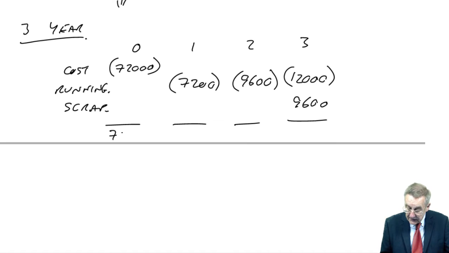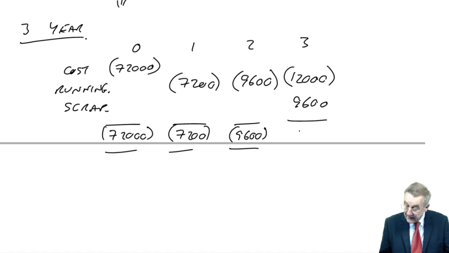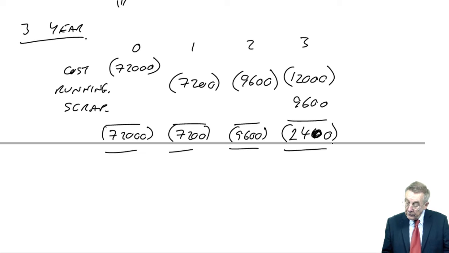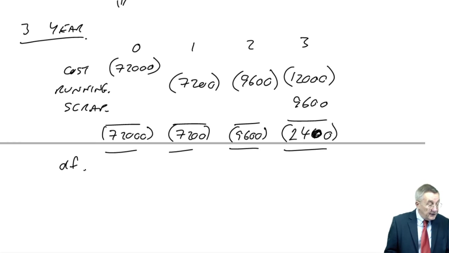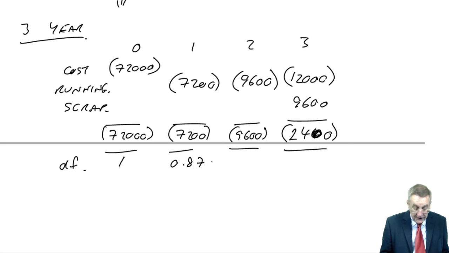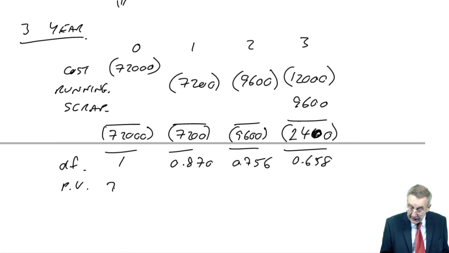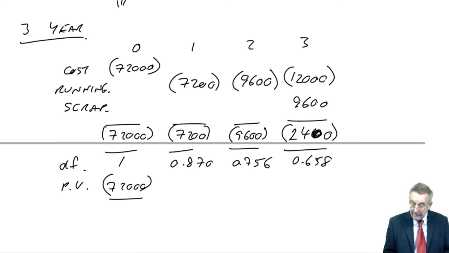So the net cash flows, 72, 7, 29, 9,600 and 24. Discount at the cost of capital of 15%, 0.87, 0.756, 0.658, and the present values